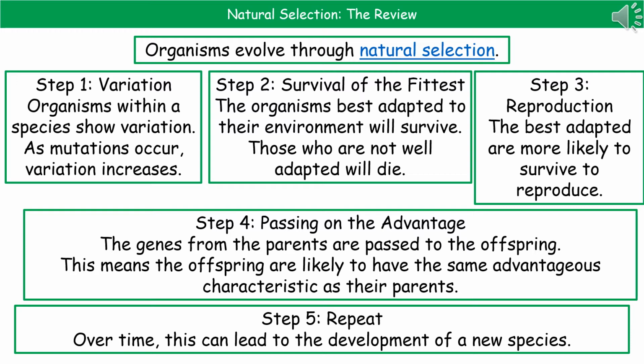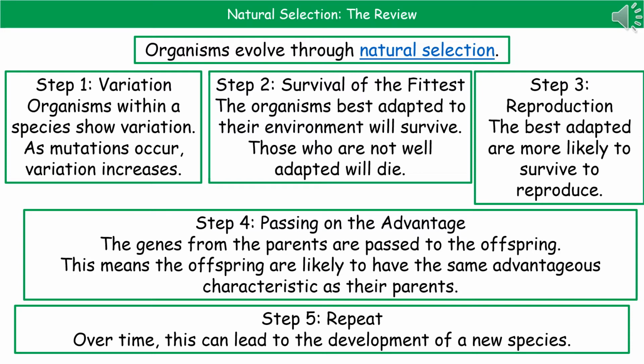The first step is variation. So within a species, we've got variation there. And as mutations occur, that variation will increase. Step 2, survival of the fittest. This means that the organisms best adapted to their environment will survive, whereas those who are not well adapted will die. Step 3, reproduction. This is where those best adapted are more likely to survive to the age where they